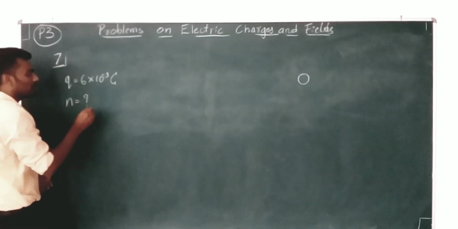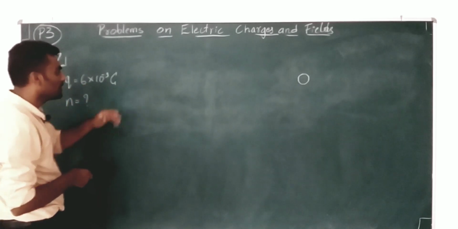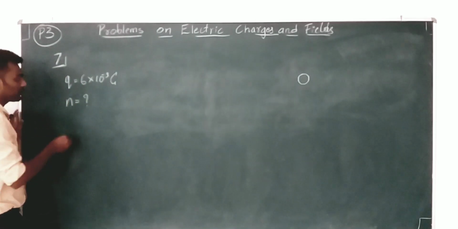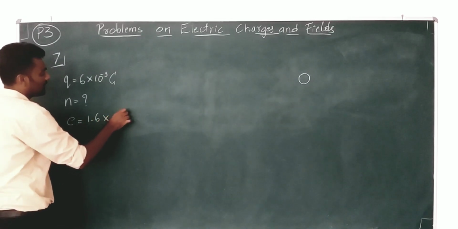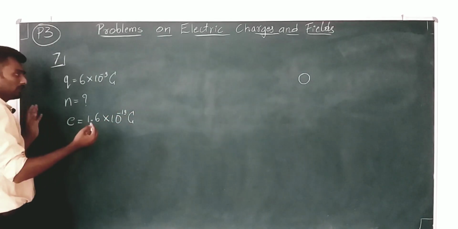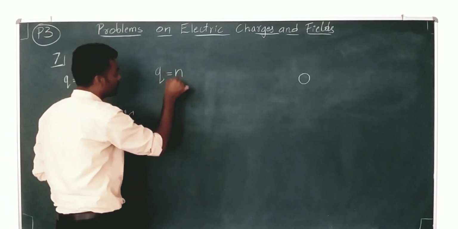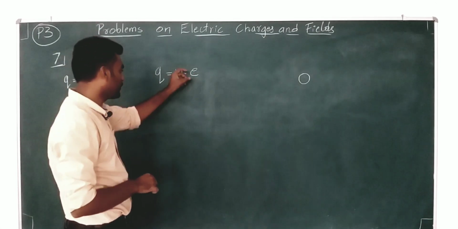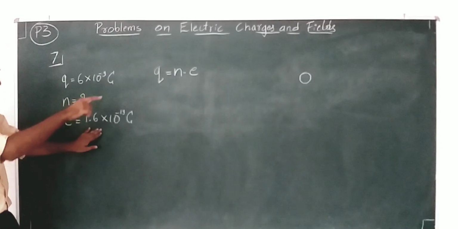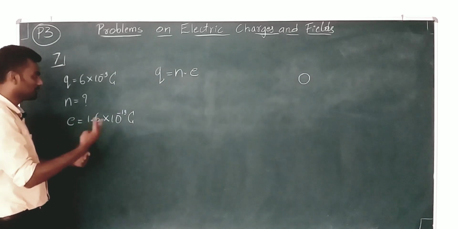So this number of electrons which should be removed in order to charge the sphere to this charge, this amount shall be found now. So N has to be found. E, the charge of each electron, is 1.6 into 10 to the power of minus 19 coulomb. Once again, a very simple formula. Total charge is N, the number of electrons removed, into the charge associated with each electron. If you remove one electron, this much charge is accumulated by that sphere. If you remove 2, it is 2 times this. If you remove 3, it is 3 times this.